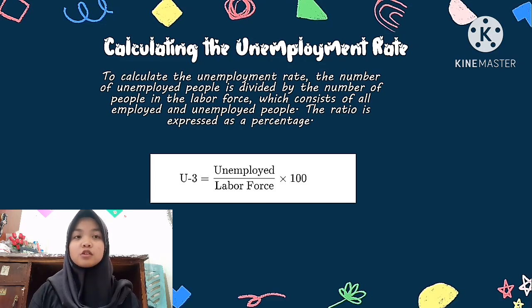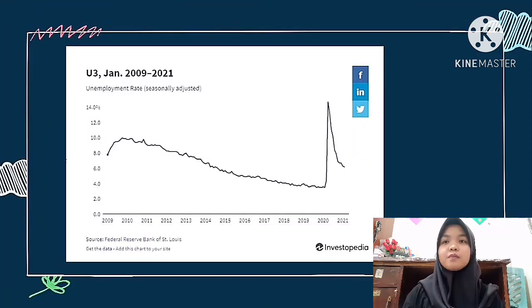Okay, let me show the graphic about the unemployment rate. Many people who would like to work but cannot due to a disability, for example, or have become discouraged after looking for work without success, are not considered unemployed under this system. Since they are not employed either, they are categorized as outside the labor force.